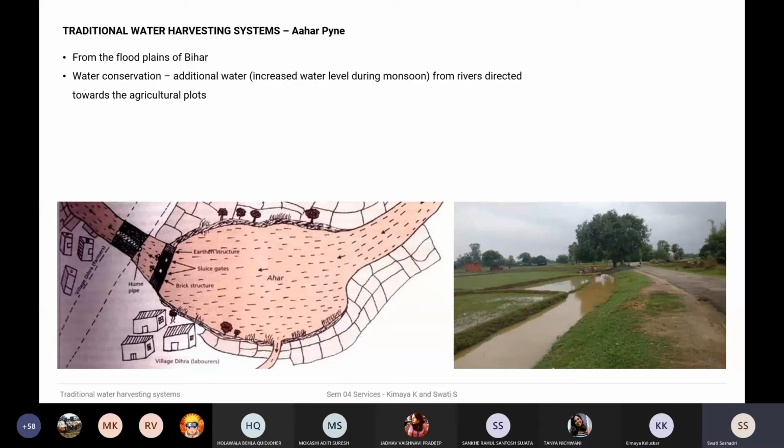So what was done was that a lot of earthen bund walls were built. Some of them were also brick sometimes, to channel your main water into smaller channels which run through your agriculture plots or cultivation areas, so that the water can be used for plantation purposes, so that your agricultural plots are thriving in a high water table condition.